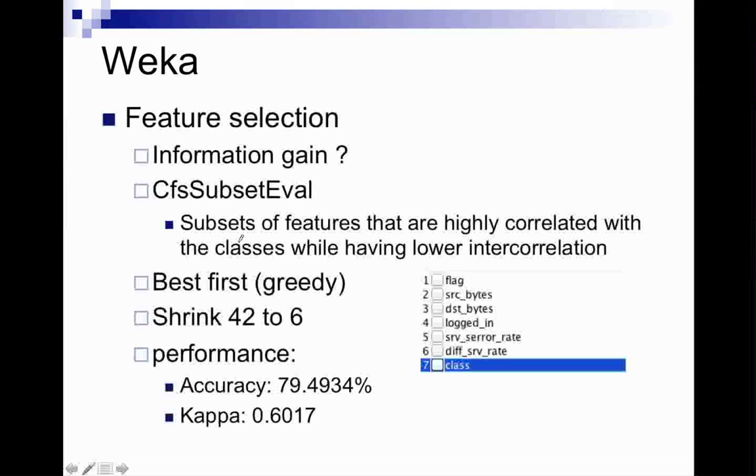So I may avoid a circumstance in information gain where I have good features that are related strongly with my class value, but they are correlated, so it may affect my classifier performance. The method I use, best first, is a greedy algorithm, and I shrink the 42 features to 6 features. The performance gets a little higher,